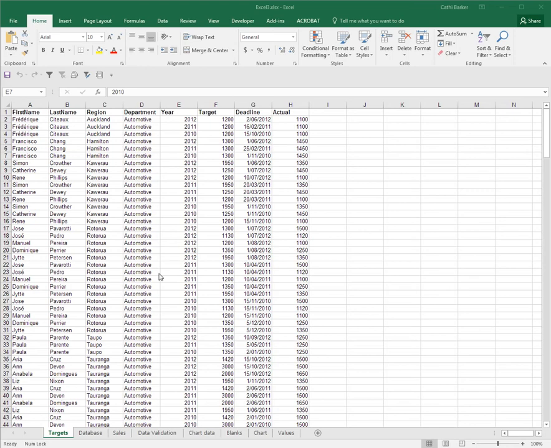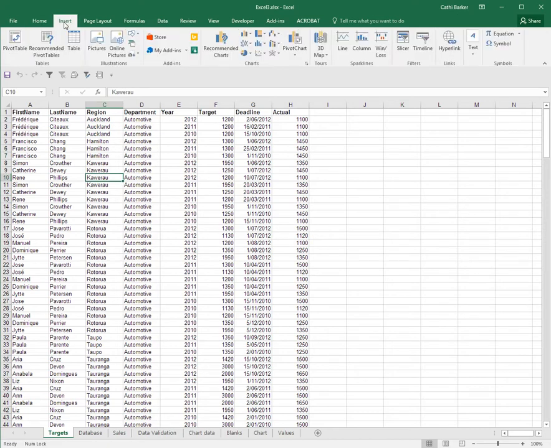A pivot table summarizes what's generally going on in a large list. A large tabular list that has generally got a lot of duplicated information can be summarized with a pivot table. Let's have a look. I have a list here, and if I go to Insert in the ribbon, I can